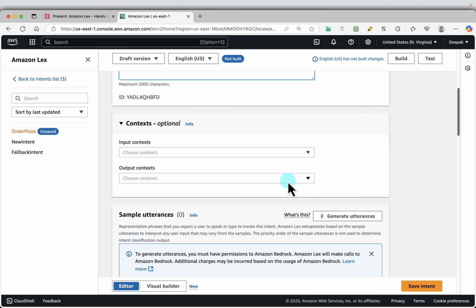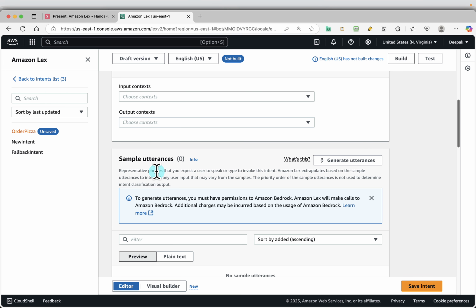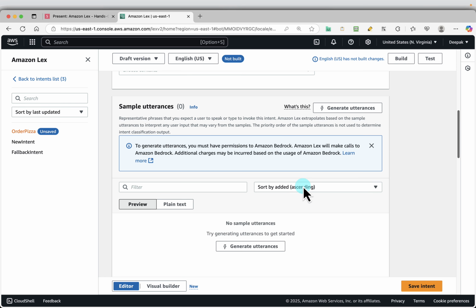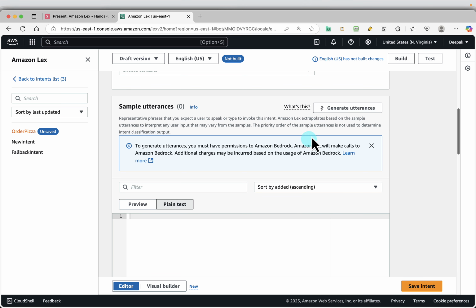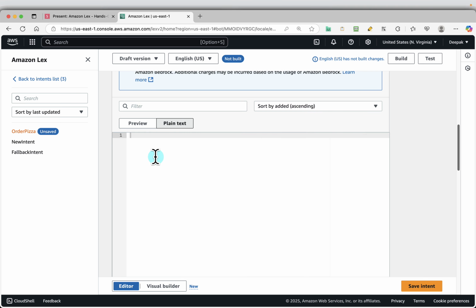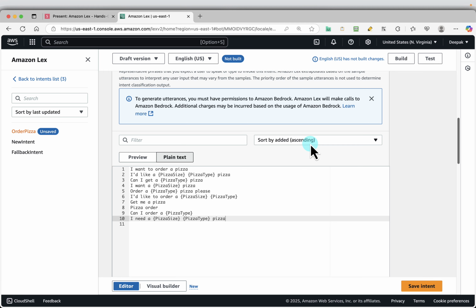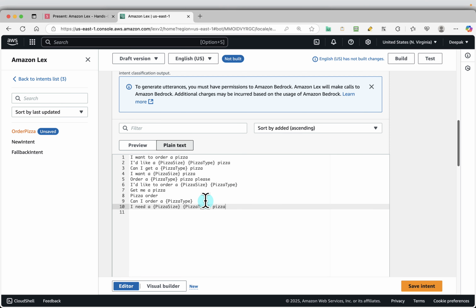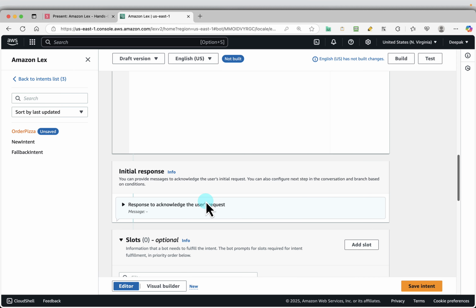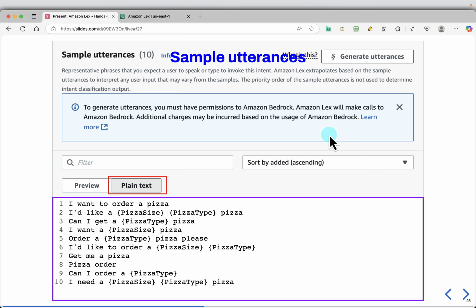So if you scroll down under sample utterances, these are representative phrases that you expect a user to speak or type to invoke this intent. So you can click on plain text. You can generate also, but for this you need to integrate with Amazon Bedrock. Basically that is like a large language model kind of service, where these are like fixed combinations, but that will have much more flexibility. Okay, so we have added the sample utterances,